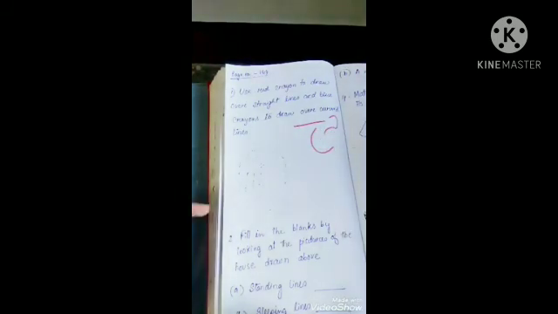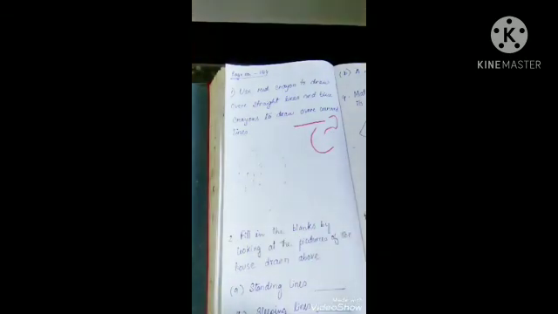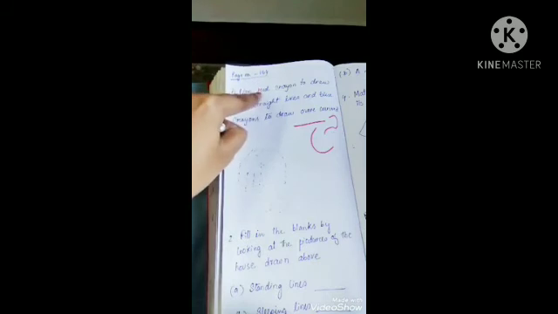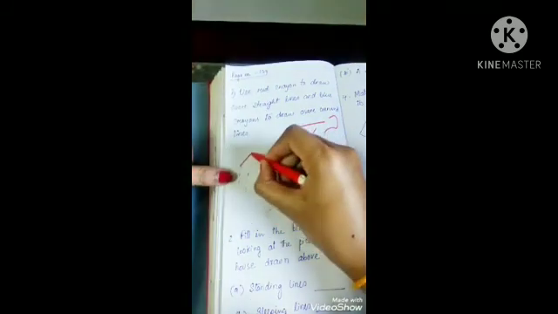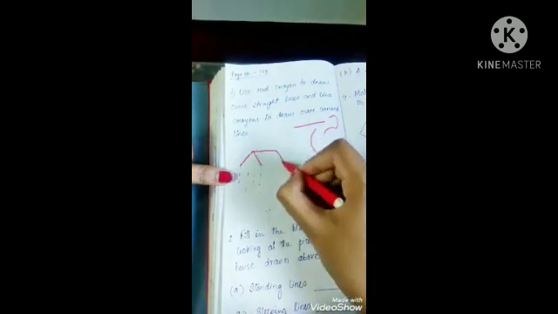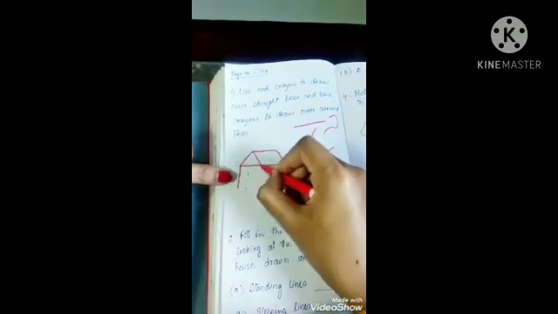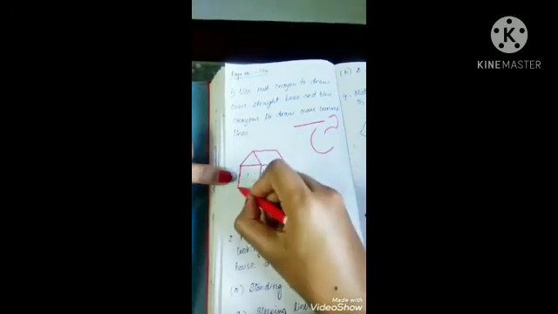So here you can see in your book some pictures are given. Here I'm showing this one. This is a picture of a house. Here dotted lines are given, so you have to join them. It is said that you have to use red crayons for the straight lines. Here you can see these are the straight lines, so for that you can use the red color crayons. So here I am drawing this, and whatever the straight lines are there, I am using the red color crayon.